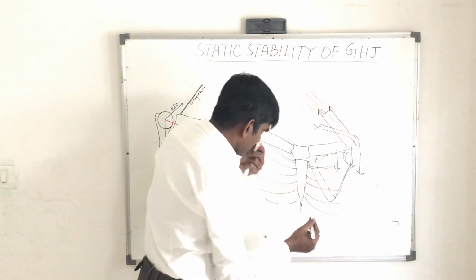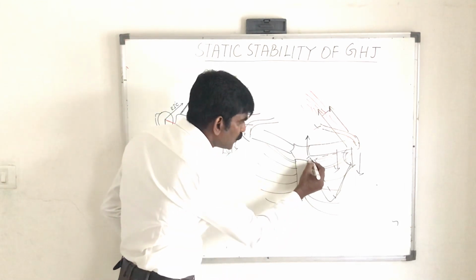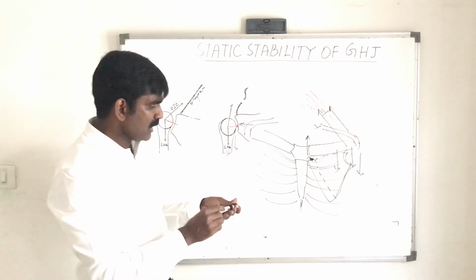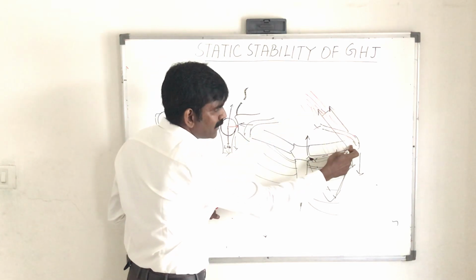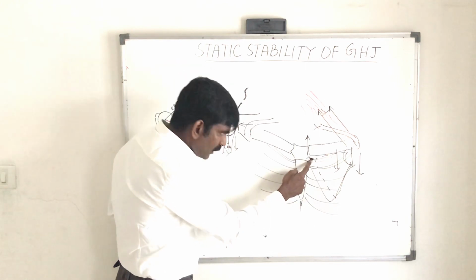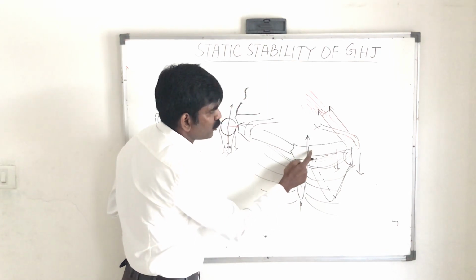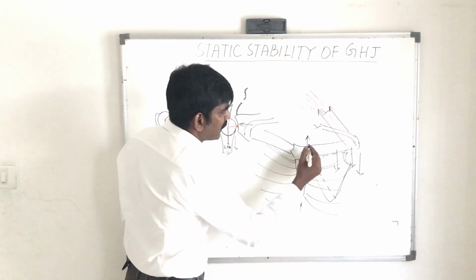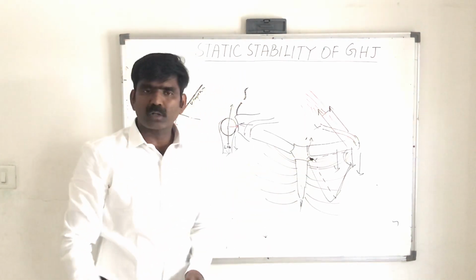This will result in superior subluxation of the sternoclavicular joint with the leverage of the first rib. Clear? This point will act as a leverage, and if the lateral end of the clavicle migrates inferiorly because of paralysis of the upper trapezius, then due to the leverage of the first rib, the sternoclavicular joint, or the clavicle, will migrate superiorly. We call this a superior subluxation of the sternoclavicular joint.